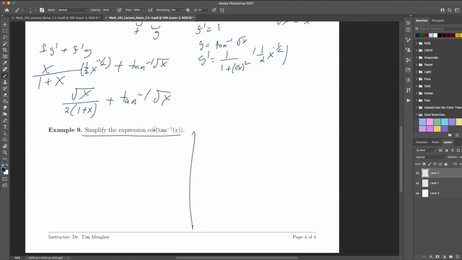So the way your book does it, and your book does something mighty weird. I don't even know if I want to teach it. It's so strange. If you want to see how the book does it, go ahead and look at the book. I'm going to show you the way I would think to do it. And I would just think about this in trig, right? So the inverse,